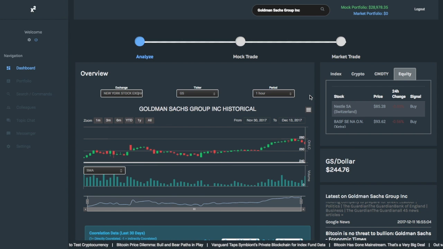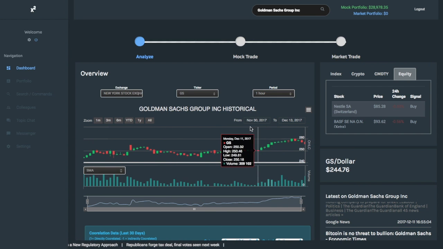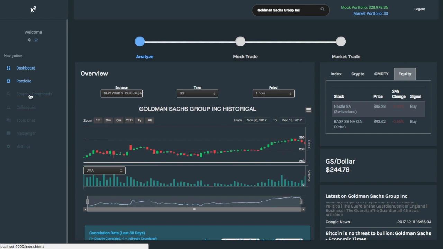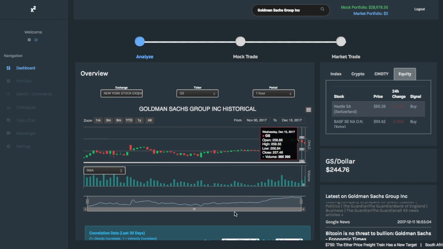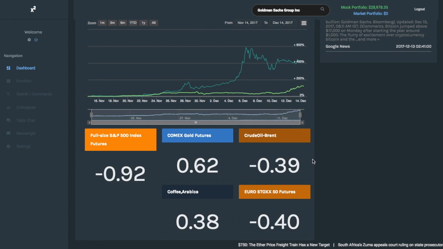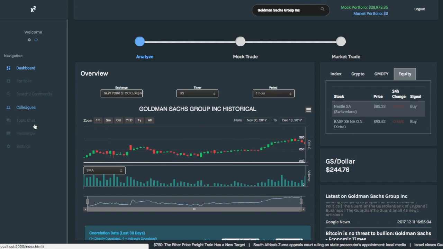Now, those are the major updates to the platform. It's been focused on getting correlation data. Additionally, adding more news feed features. We're working on getting different news events to correlate with the price. And furthermore, you can of course do mock trading, market trading, and we're adding in, for example, if I'm inside Goldman Sachs or inside Ethereum, looking at the data and the correlation data, I can also chat with people in the topic chat. We'll have that next week, as well as a messenger where I can message other users directly.